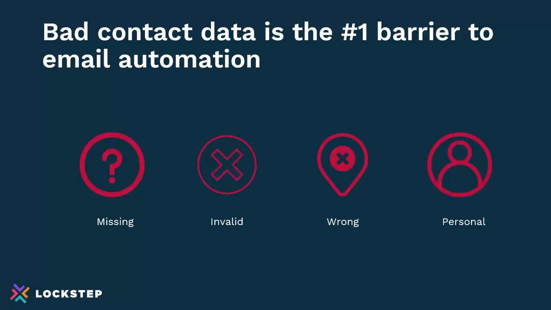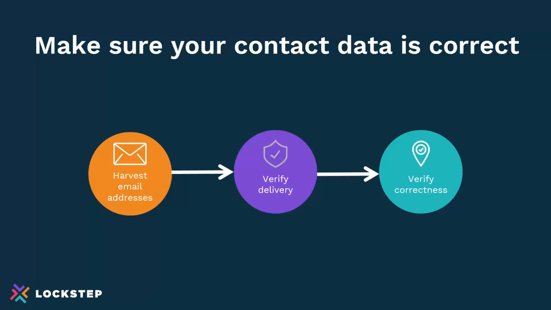And then wherever possible, not sending to a personal address, so Matt at lockstep.io, but sending it to ap@lockstep.io is much more important. You want a role-based email address, because first of all, if I left the company, it would get stuck in this crack again. But role-based addresses tend to have a better SLA, a service level agreement, at which point they actually get processed much more effectively. So a key best practice is to really make sure your contact data is correct.